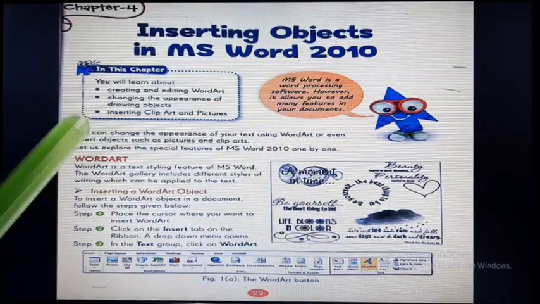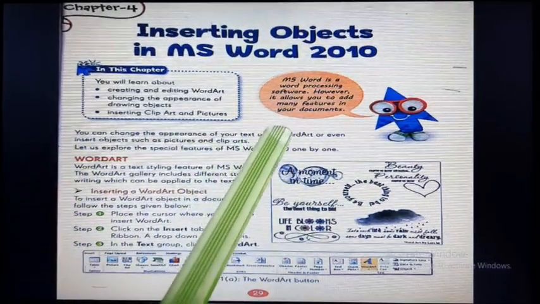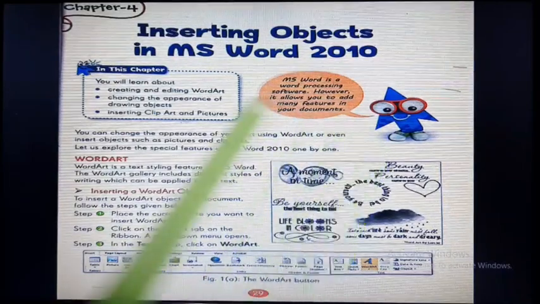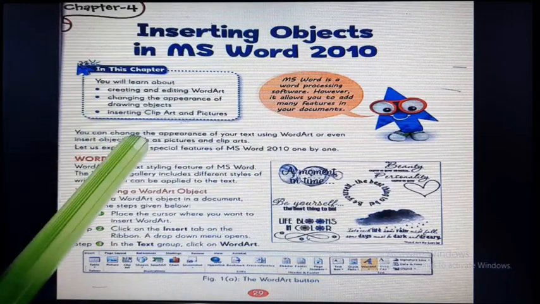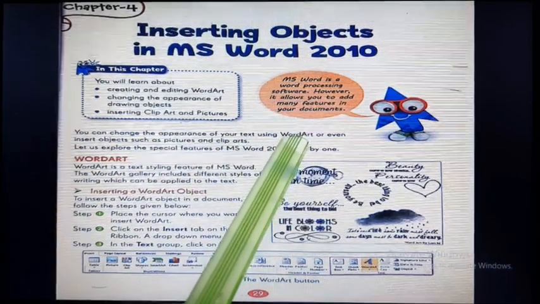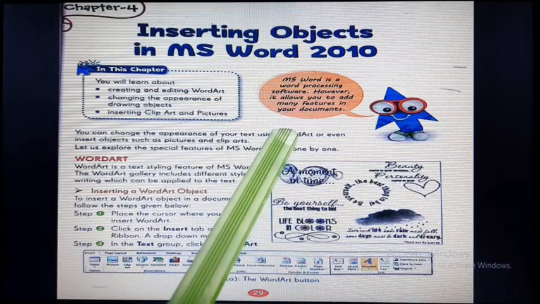Now let's start. You can change the appearance of your text using word art, or even insert objects such as pictures and clip arts. You can change the appearance of your word art text to